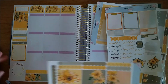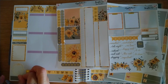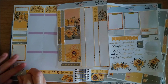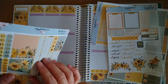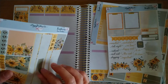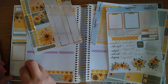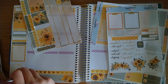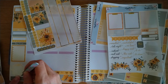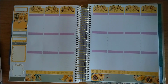And then I think I'm just going to put a strip of green. I just want to see if there's a slightly thinner piece. Not really. Oh, there we go. Cute. Okay, so very quick sidebar there. And then I think it's time we can...